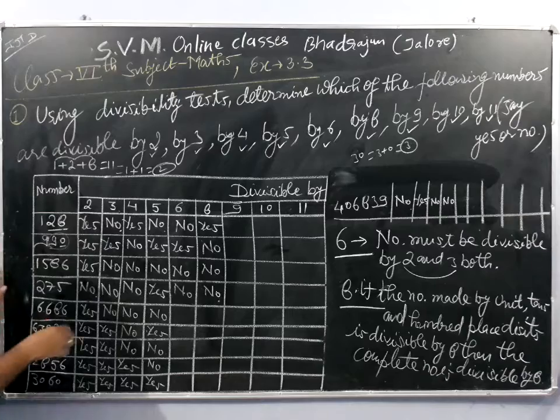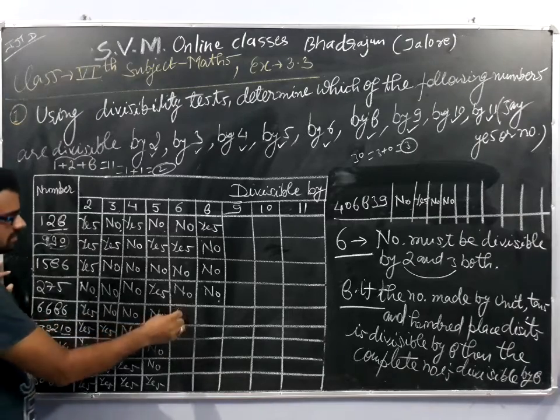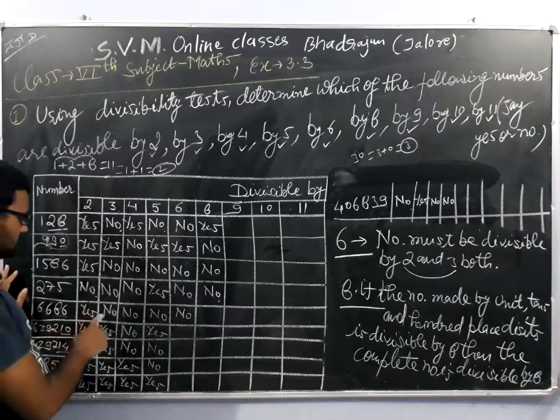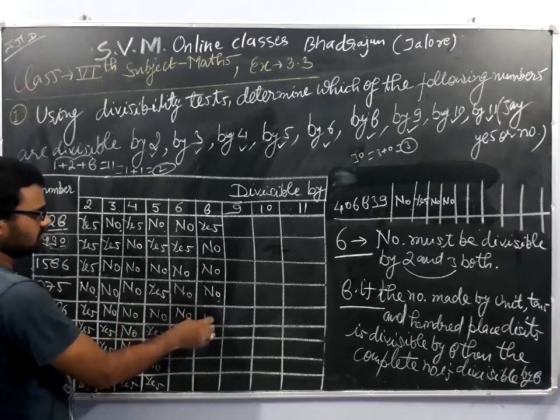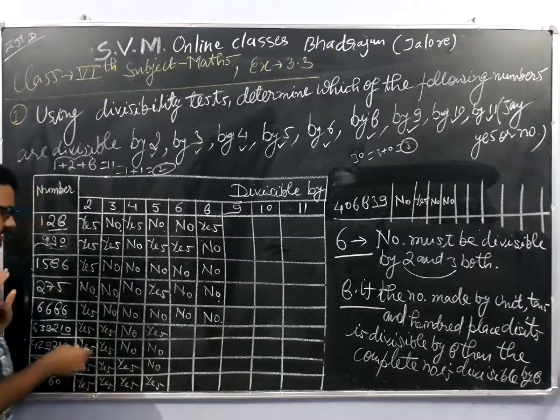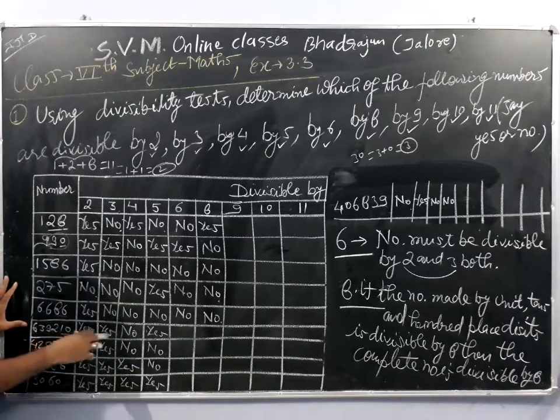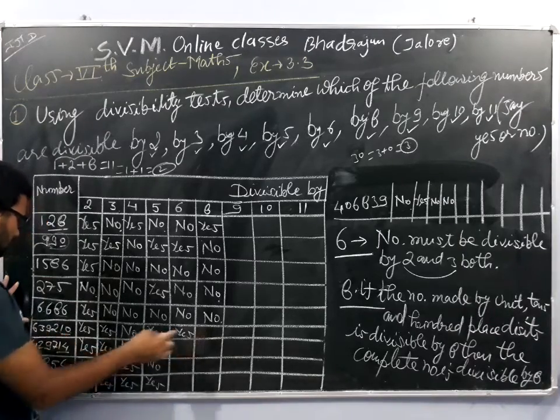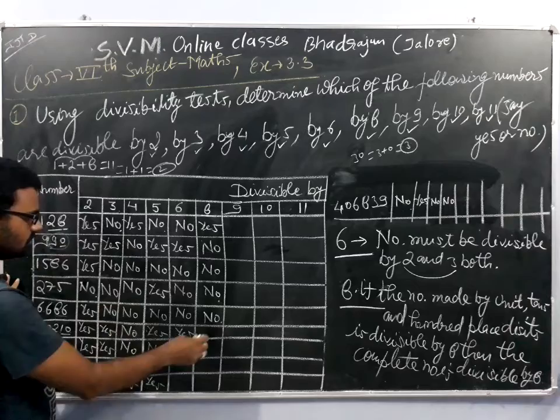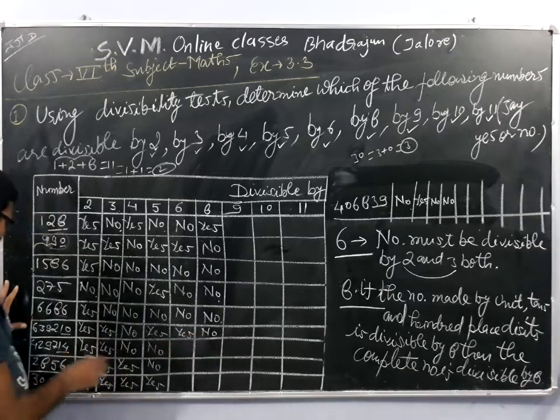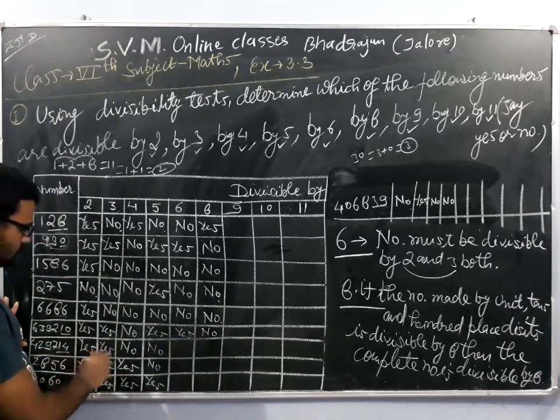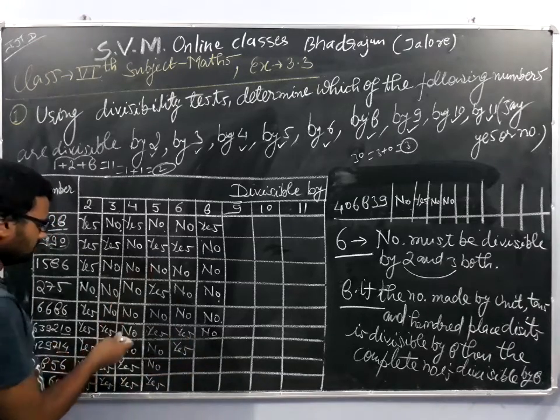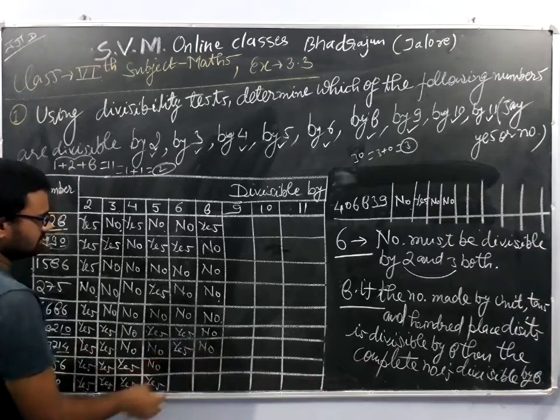Now here we are seeing the number is not divisible by 3, then it will not be divisible by 6 as well. Now here we will check, the number is not divisible by 4, then it will not be divisible by 8 as well. So here we are seeing the number is divisible by both 2 and 3, so it will be divisible by 6 also. And for 8, the number is not divisible by 4, then it will not be divisible by 8 as well. Here the number is divisible by both, so it will also be divisible by 6. Now go for 8, it is not divisible by 4, so it will not be divisible by 8 as well.